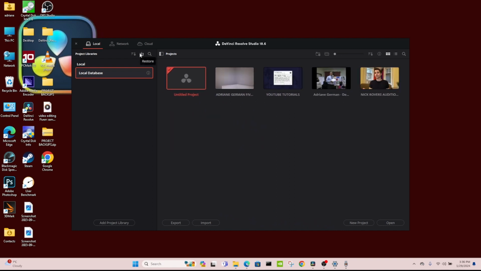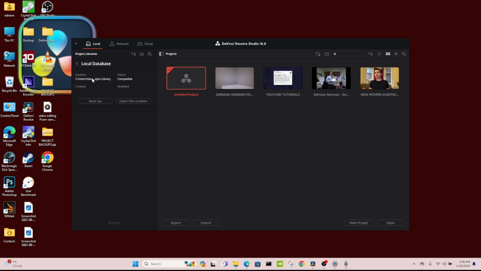We have a restore, which you can restore from backups. And you can also search your projects library. You can also see where your local database projects are saved. Right now, I have them saved to my users. From what I understand, reading and writing from the same drive is not good. It slows things down. Having a separate drive for your projects, media, and your cache, which are your temporary files, is kind of key. You want to be efficient.